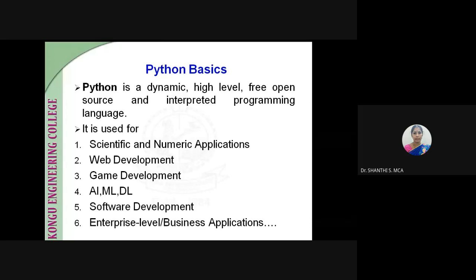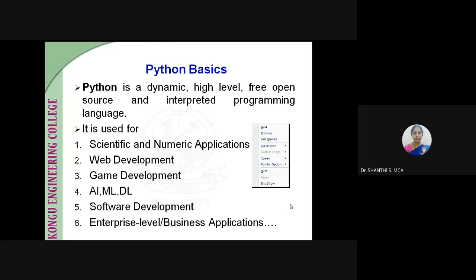So Python is a dynamic, high level, free, open source and interpreted programming language. It supports object-oriented programming as well as procedural-oriented programming. It is used for scientific and numeric applications as well as in web development for client-server programming and in game development.